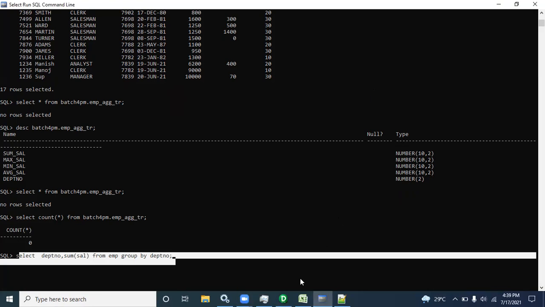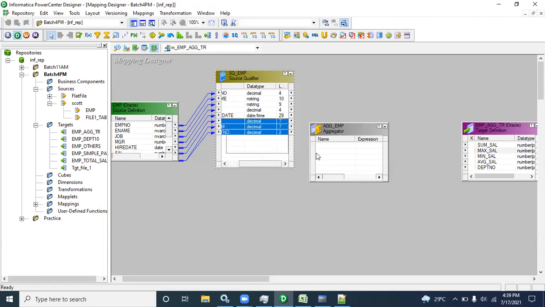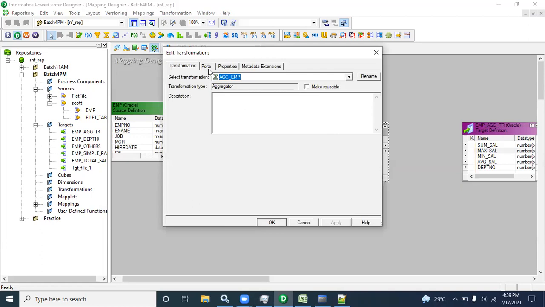So the same two things you have to select. No need to drag all those fields, department and salary, two things by using the control key. You can just select and drag and drop the same department number and salary. Those two things. No need to select multiple things. Double click it.